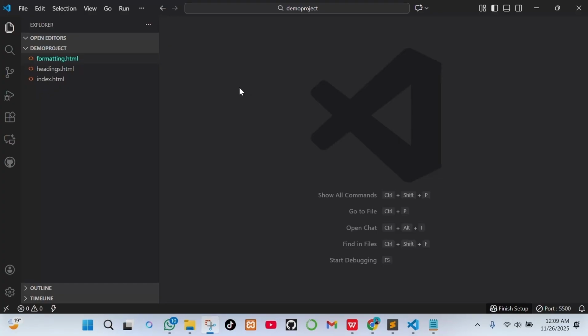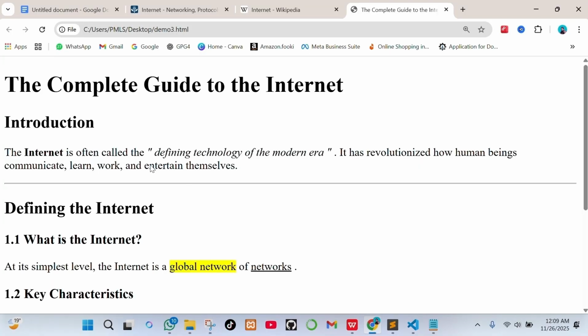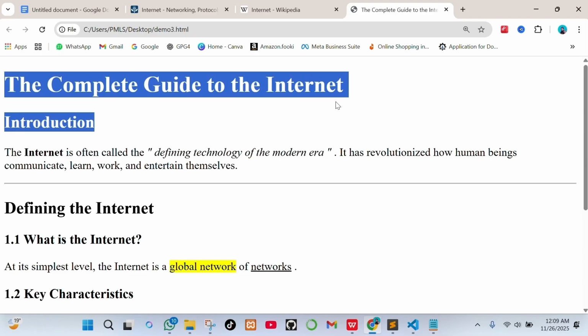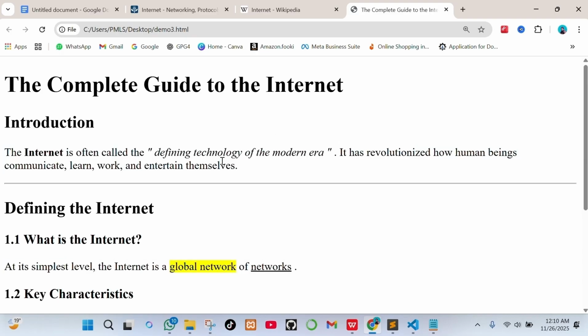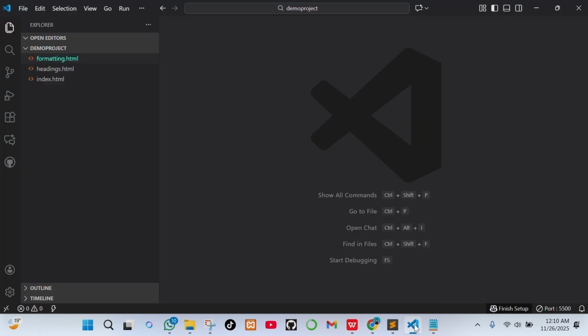Bismillahirrahmanirrahim. Let's start our first project. Previously we discussed that project. Now we are going to implement these notes using HTML. This is a piece of notes about the internet, and we will implement these notes using the HTML paragraph tag, heading tag, and formatting tag. Let's create a new file